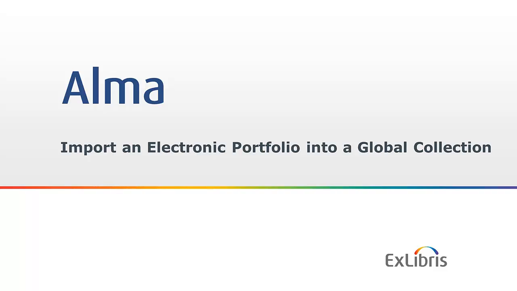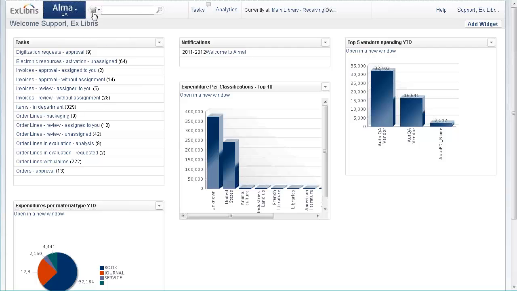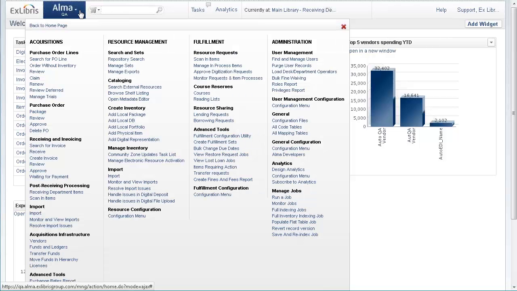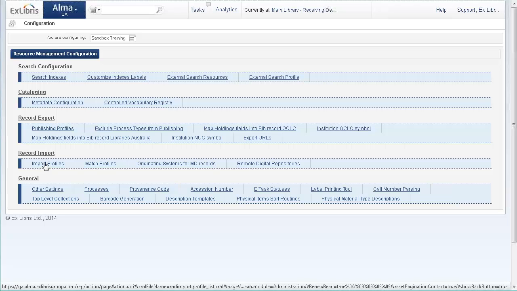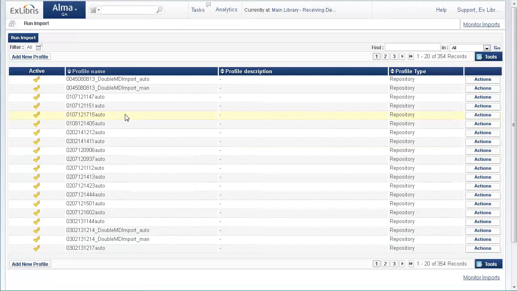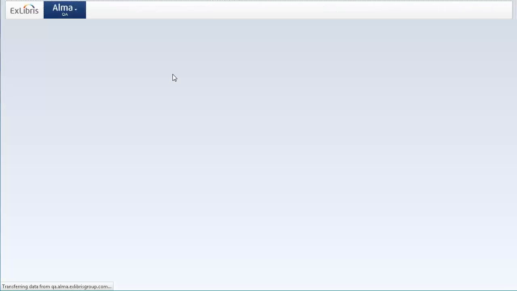Let's run the example and see what happens when we import electronic portfolio into a global collection, a collection from the community zone. So basically we want to create an import profile. So resource management configuration, import profiles. And we want to create a profile that imports portfolios into a global electronic collection. Add new profile,